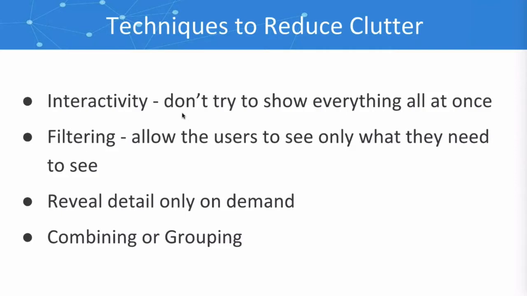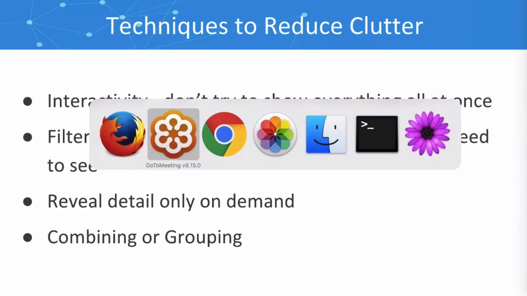And that means that you have a lot more tools in your arsenal to be able to allow the user to see only what it is that they're interested in seeing and don't have to present everything all at once. So what interactivity allows you to do is create an interface where the user can ask for specific bits of data and then expand out from there. I'll show you a quick example of this